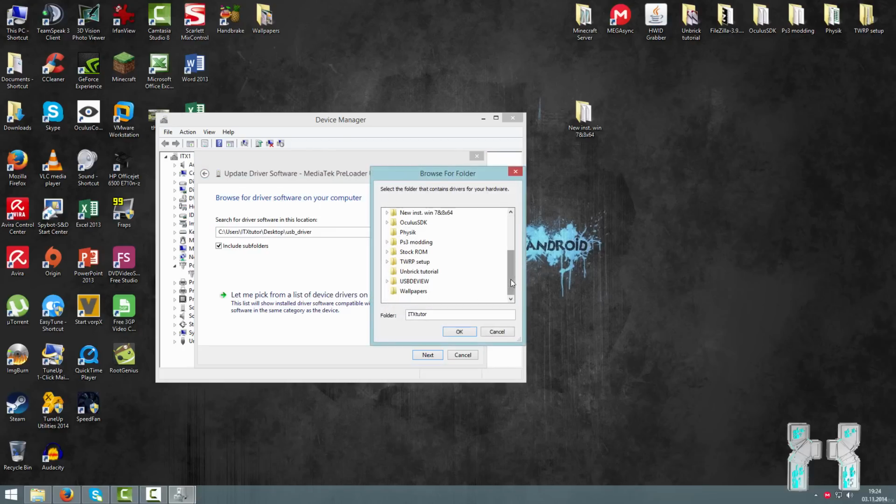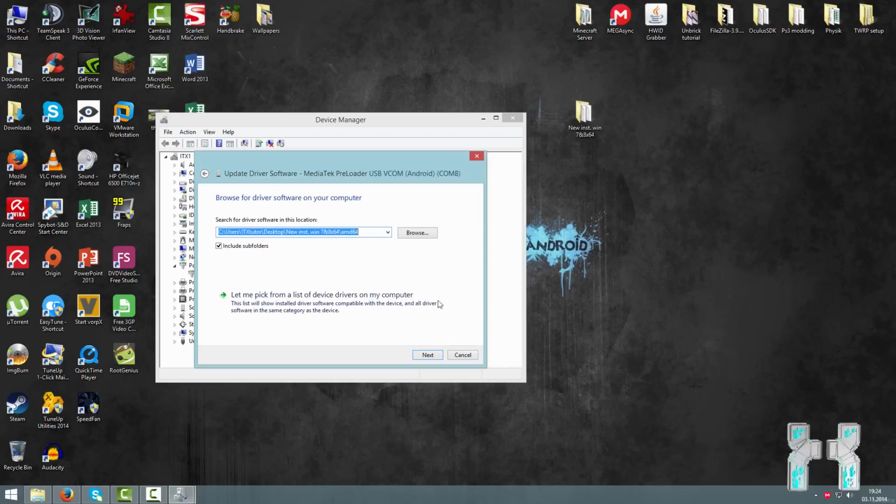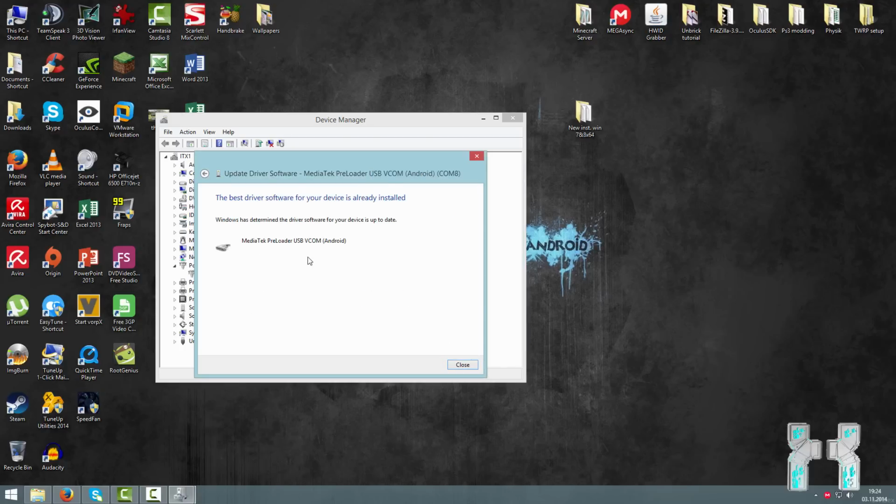For me, it's here on the desktop. New inst Windows 7 8. And yeah, I'm just choosing that folder here. Oh man, the mouse keeps freezing all the time, that's so annoying. And I have here the AMD folder, so the 64-bits folder, and I'm just using this and it says here up to date. Now if you get that or if it does not install the driver, you have to go